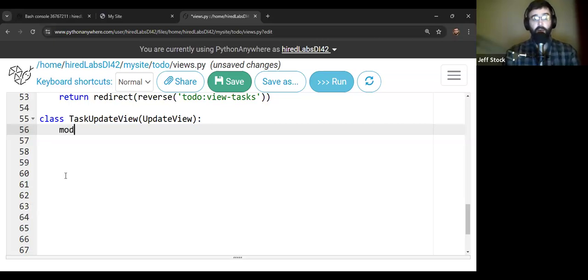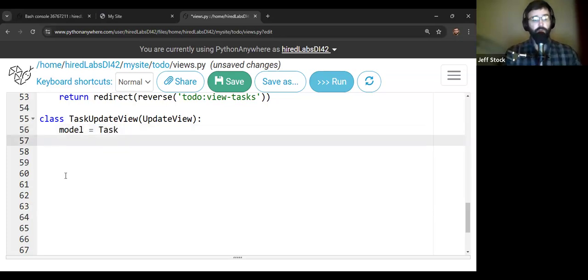This is going to tell us what model, so we're going to tell it as an attribute what model we want to use. So our Task model that we've used several times. We're going to tell it which fields we want to grab. Now if you're thinking this looks a lot like the form that we made over in the forms, you're right. This is, again, a way that we could do this explicitly, directly in here with the size that we have. It's very simple. It might make more sense just to reference that form, but this is, again, showing you